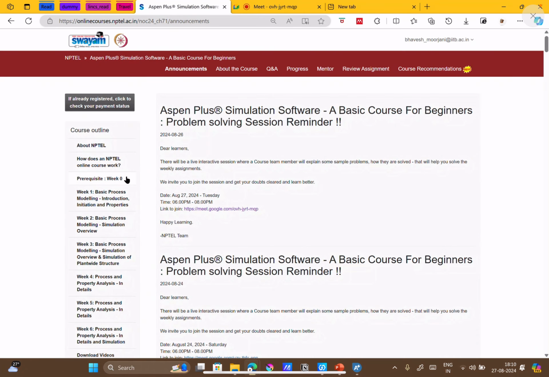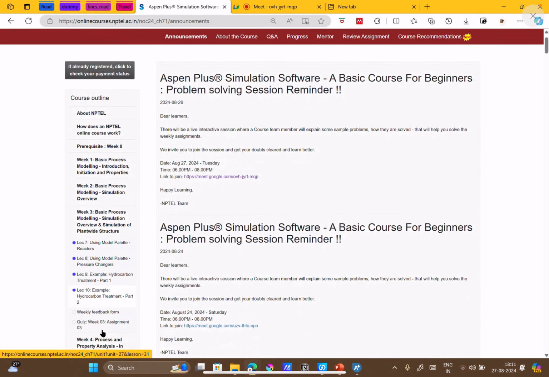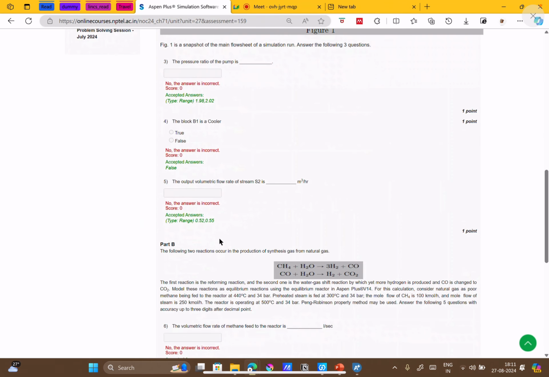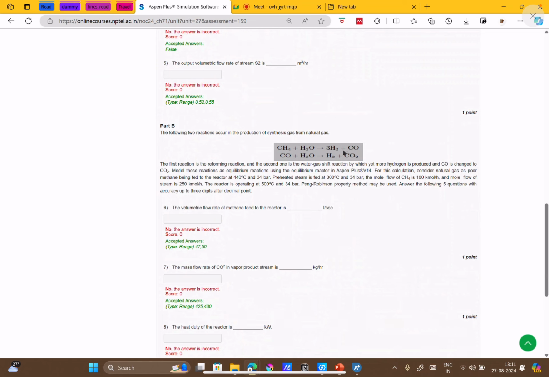Let me open the week 3 assignment 3. So see, you have been given this reaction. This is the steam reforming reaction where methane is reacting with water to form hydrogen and CO. And then you have another reaction, the water gas shift reaction, where carbon monoxide is reacting with water to form hydrogen and CO2. And you have been asked to simulate this via an equilibrium reactor.